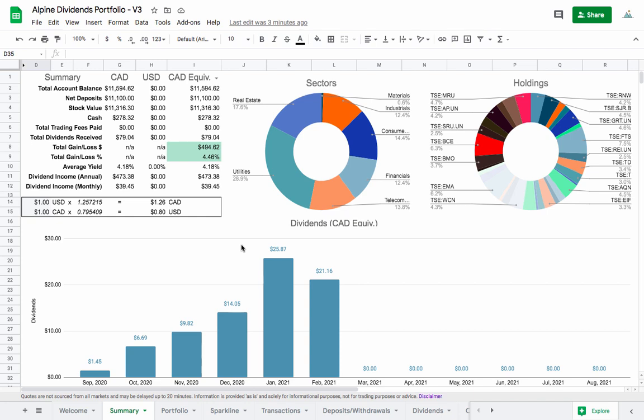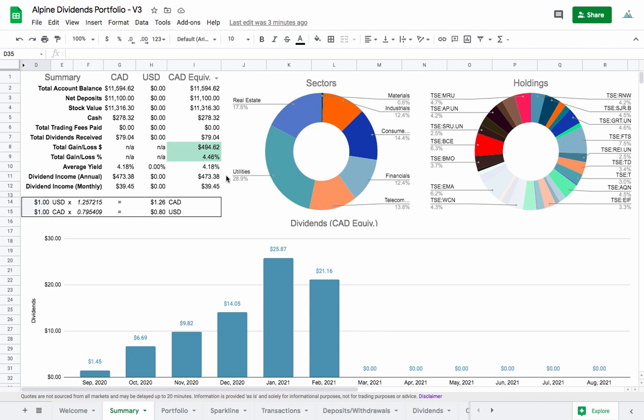But there's a bunch of people that have also downloaded this sheet, and you guys are buying US stocks, you're holding US cash, you're trading money between accounts, you're getting paid in US dividends, and it's a huge mess. And the sheet was never designed for that in the beginning, but now it is. So I think I've covered every possible combination of what can go on, and I'm pretty happy with how it's